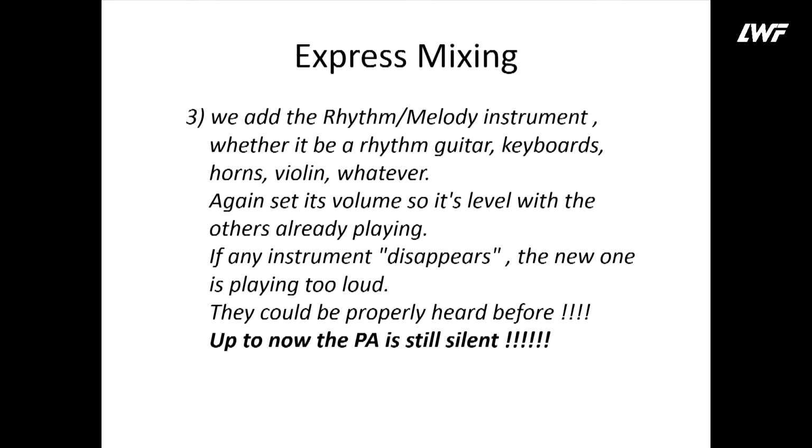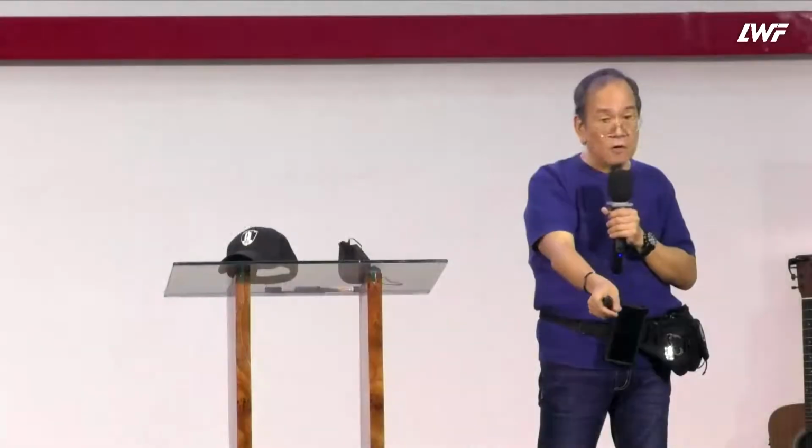Sumasapaw. Now, kung naayos mo na yon, see, they could be properly heard before. Up to now, wala pang PA. And then, the next step, pag nabalanse mo na, pinakinggan nyo, balanse na to, okay, maganda na yung tunog ng gitara, maganda na lahat, etc., etc. Tabura, kulang ng kalansing, masyadong muddy yung gitara, then you EQ. You either pipindutin nyo yung high-pass filter or magbabawas ka ng low frequency. Doon mo gagamitin yung